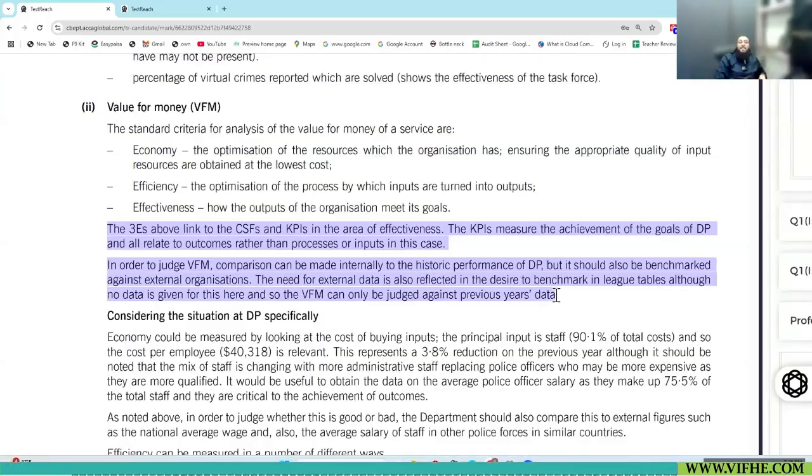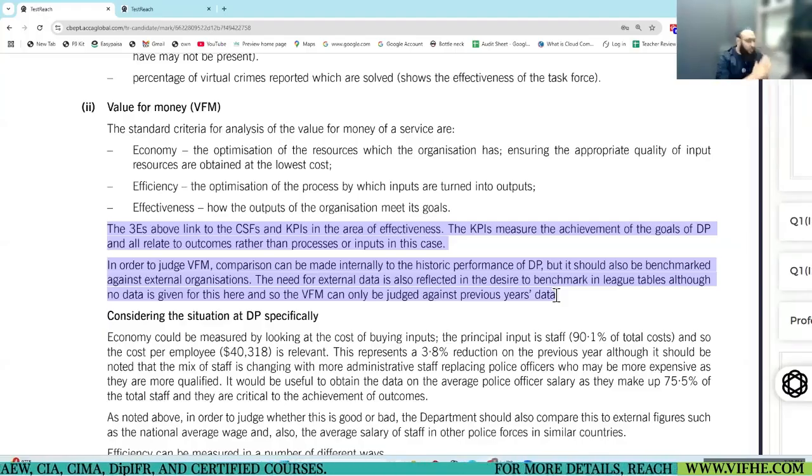Now, read this part. This part is addressing the second requirement of the examiner. And what was the second requirement? Come on. How these 3 link with CSFs and KPIs. Which students missed out. But, sir, if we missed out on something, can this affect our passing? Oh, what a question. You guys ask such questions, right? Sir, I missed out on that. I think I'll not pass. Today, you will get the answer about this as well. Let's first look.